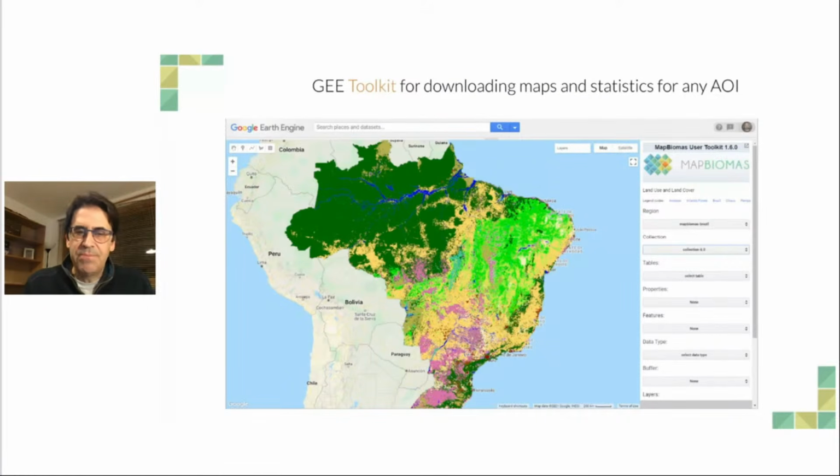So the other thing that we are using is we created a kind of toolkit which you can use to download the maps and the statistics of any place in Brazil, considering all those maps. So this is available throughout